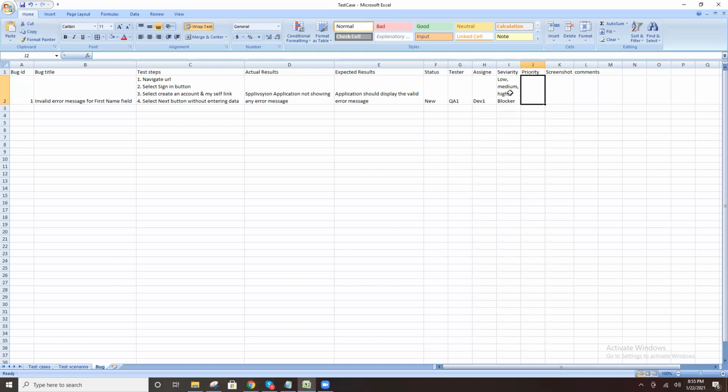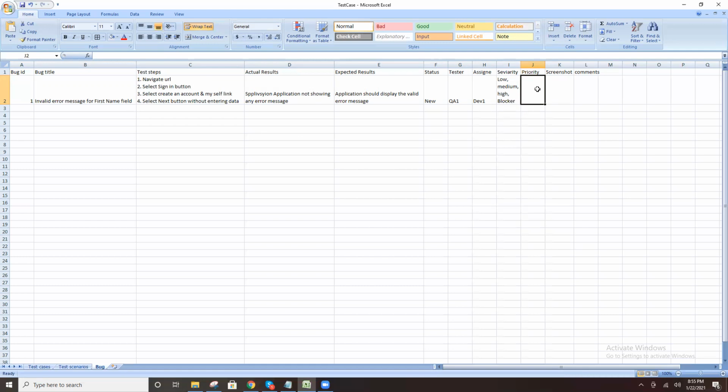Based on your testing knowledge, you put the severity as low, medium, and so on. Maximum we put medium; sometimes we put high also, and for a very blocking test case, blocker. On average, we log a bug as medium. Priority is set by the development team; it is not your responsibility.